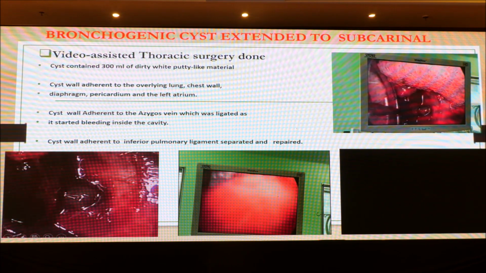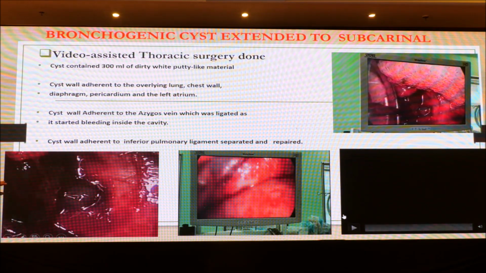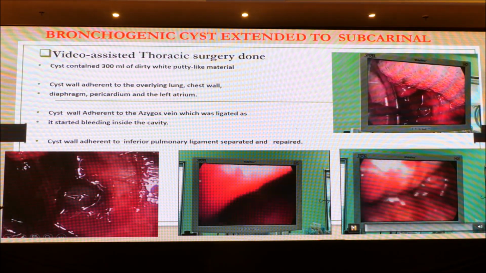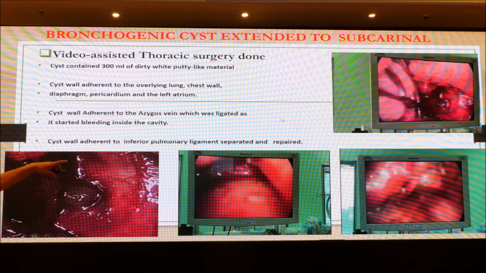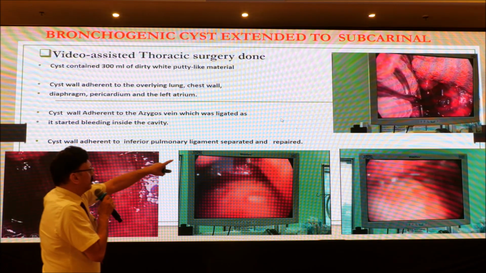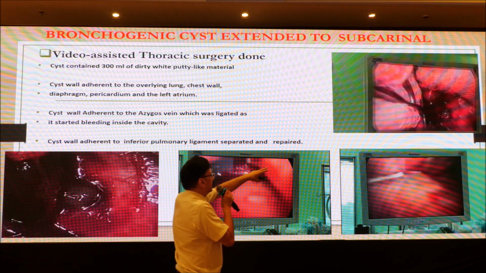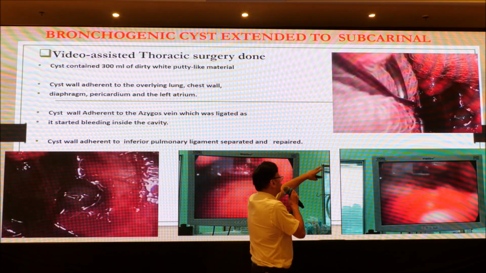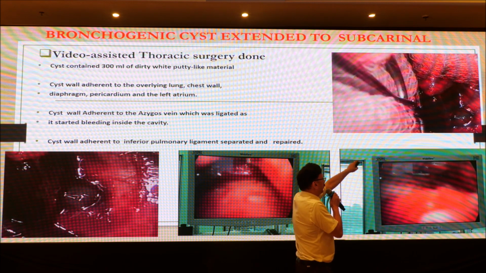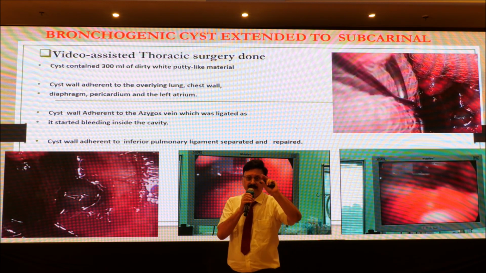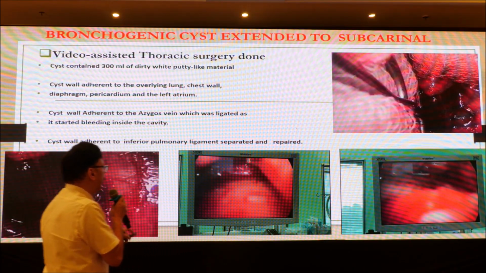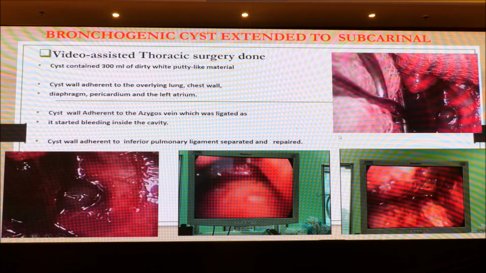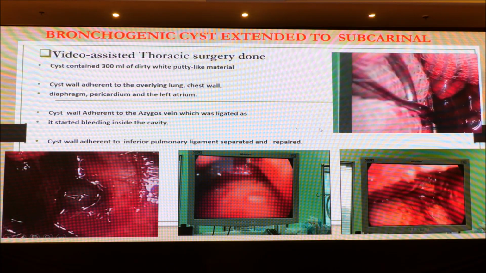So here you can see the heart pulsation. The cyst was behind this, and on retracting the lung and the heart, we can see just a small part of the cyst. You can see the greenish thing. So when we were removing the cyst,